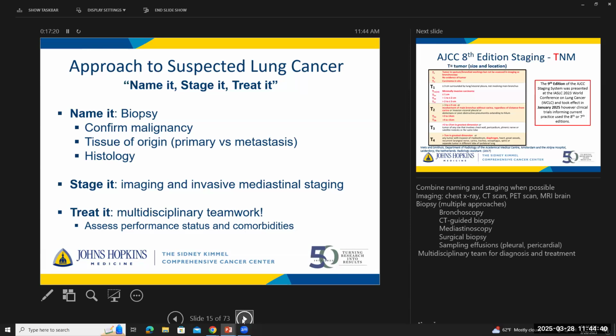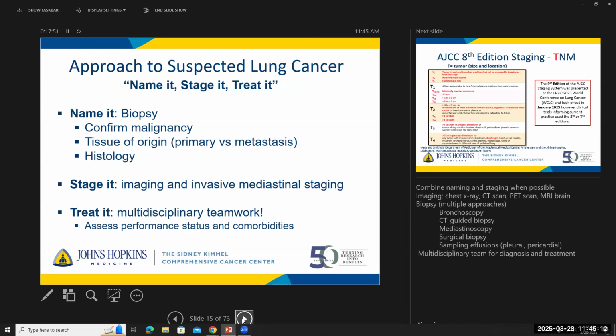You can't just look at a CT scan and say somebody has cancer for sure, okay? There's lots of benign things that can cause lesions in the lungs. Very commonly, people, especially people who are not born in the United States, can have granulomatous disease from various infectious diseases like non-tuberculosis mycobacterium and things that are more prevalent in other parts of the world. So you can't assume it's cancer. You have to actually stick a needle in it, and you have to biopsy it and confirm that it's malignant